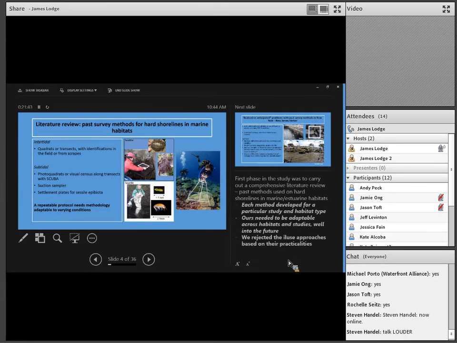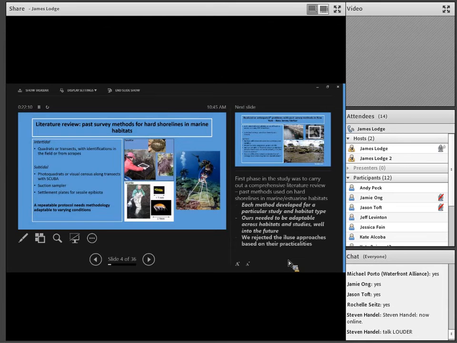We considered these very carefully, and each of the methods that have been used in all of these studies that we've looked at were developed for a particular study, for a particular habitat type, but ours needed to be adaptable across a range of habitats and a range of studies, as well as to be used in the future for other non-specialist groups. So we didn't uptake most of these